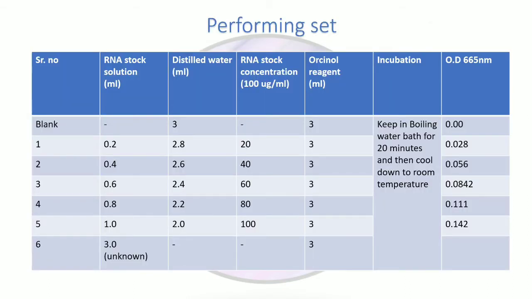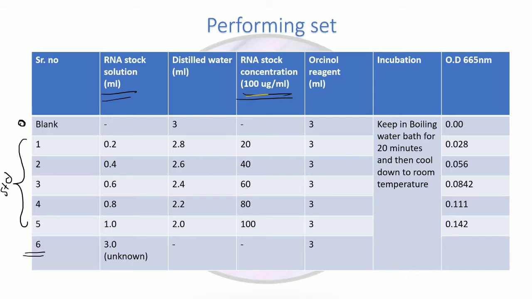So this is the performing set. In this case we have taken 6 test tubes and 1 blank. We have taken 5 test tubes which are considered for the standard graph, and 1 test tube containing your unknown sample. The RNA stock solution which you have prepared has a concentration of 100 microgram